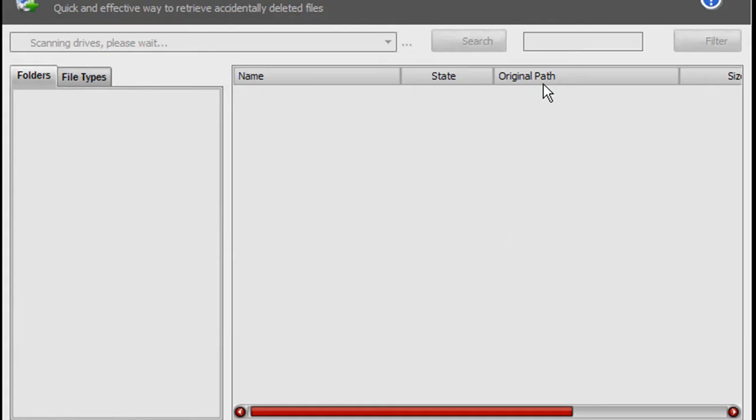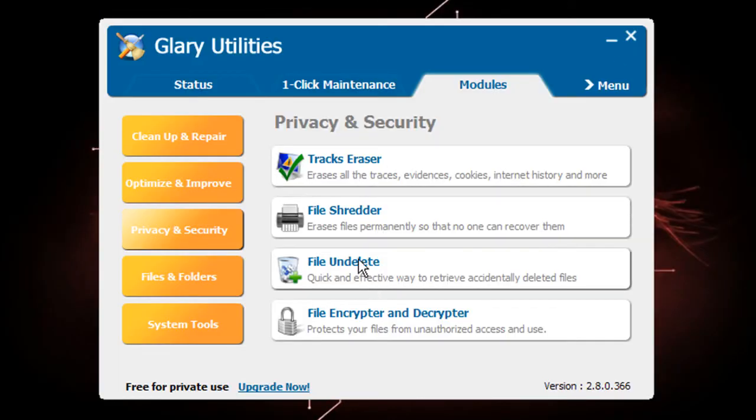And file undelete. So here you have your deleted items, and you just click undelete, and it basically retrieves files from the recycle bin. So file encryptor, that puts a lock on your files with a password.